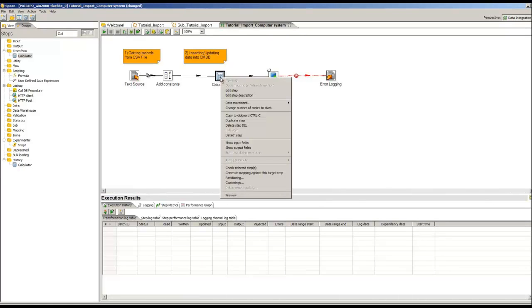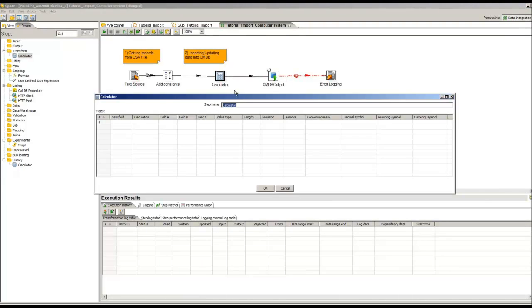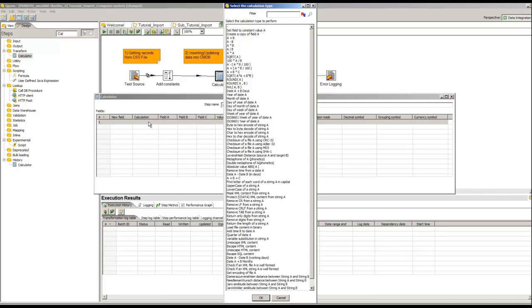So now I'm going to right click and edit this step. First thing I'm going to do is change the name of it to give it a better description as opposed to calculator. So we're just going to call it lower hostname. If I was doing other things, I could give it a better description, but for this one, we're only doing the hostname. Now I'm going to click on this calculation field here, and this brings up the box of all